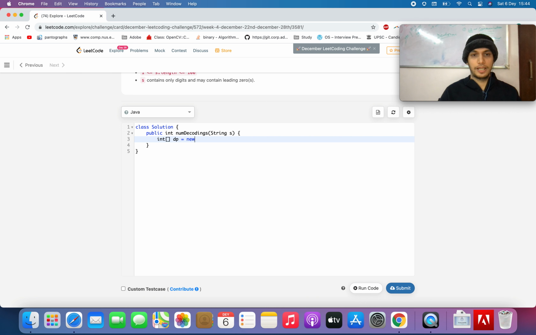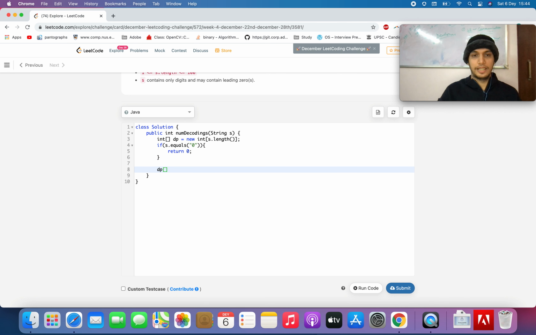My DP array will be of size integer s dot length, and let's handle the base case where, if s dot equals 0, we return 0 as the answer.